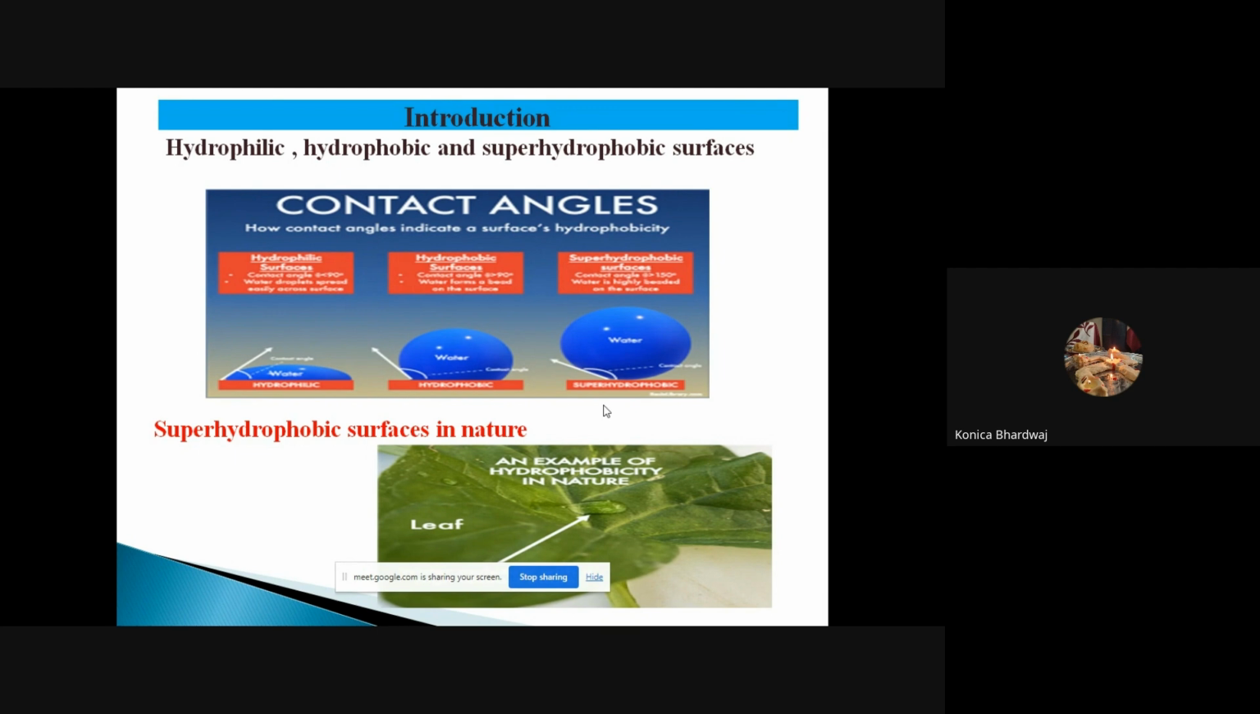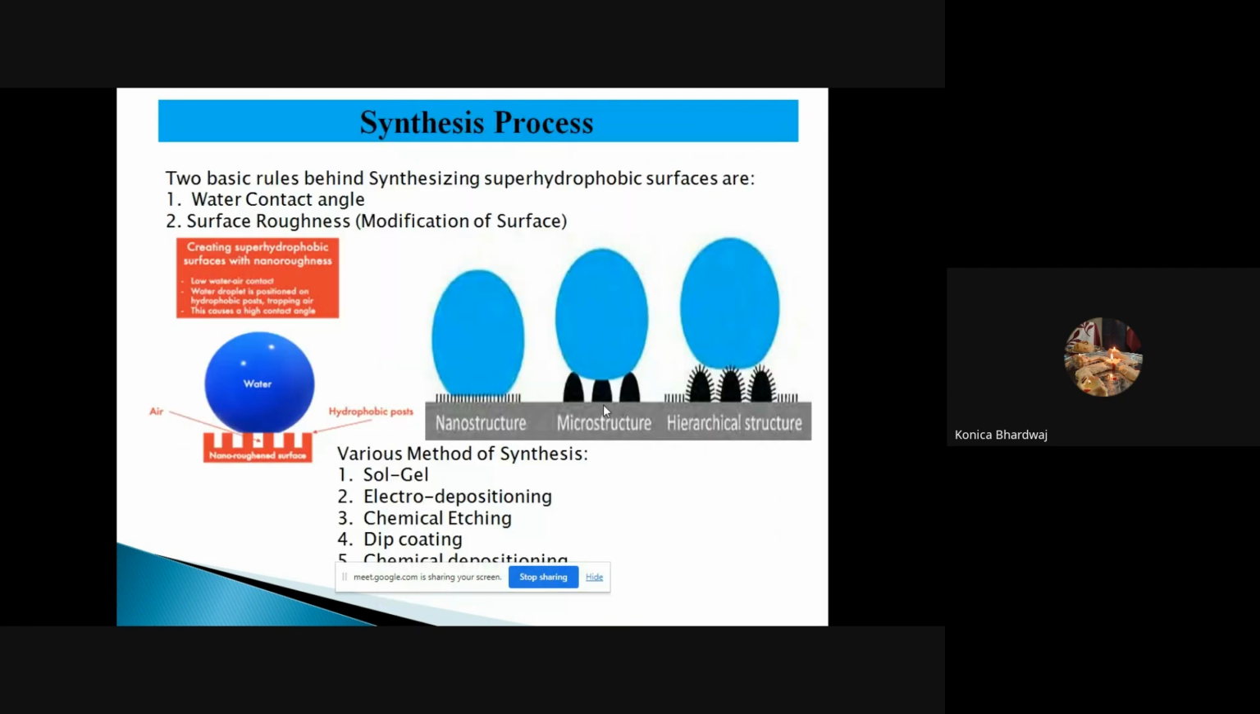And in nature also, superhydrophobic and hydrophobic surfaces exist, like the pigeon feather. Here I'm showing a leaf where a droplet of water has a contact angle greater than 90 degrees, showing less affinity towards the surface of the leaf. So moving towards the synthesis process of these surfaces, there are two basic rules to synthesize the superhydrophobic surface: